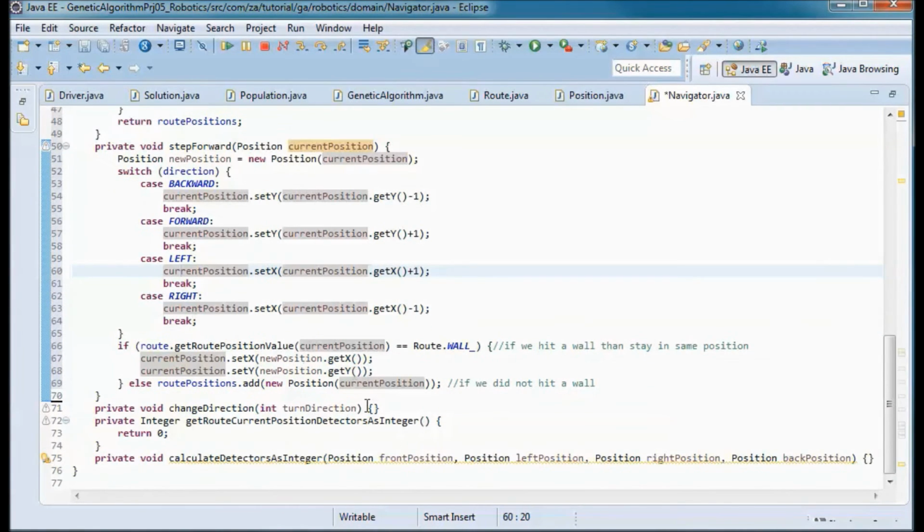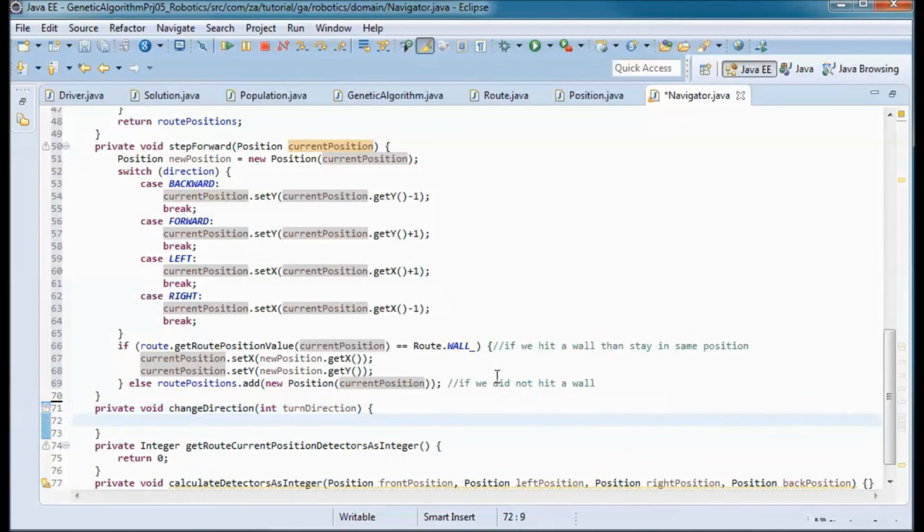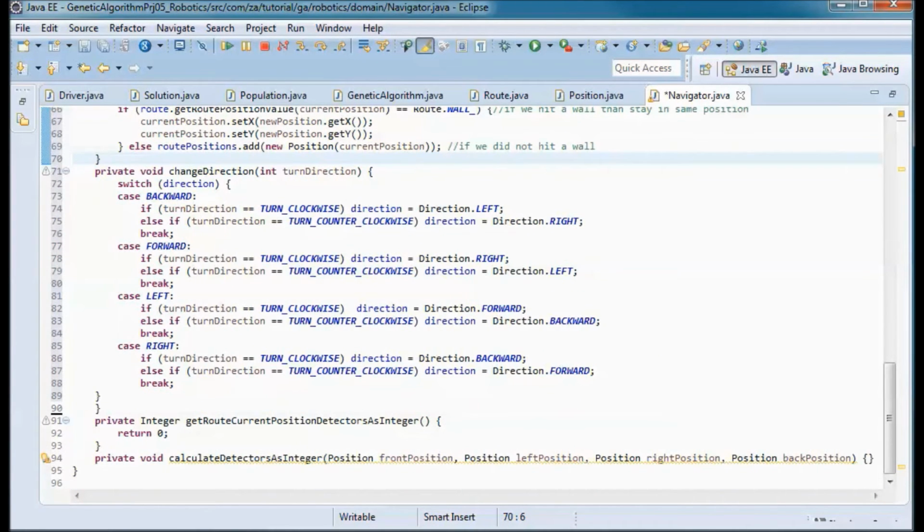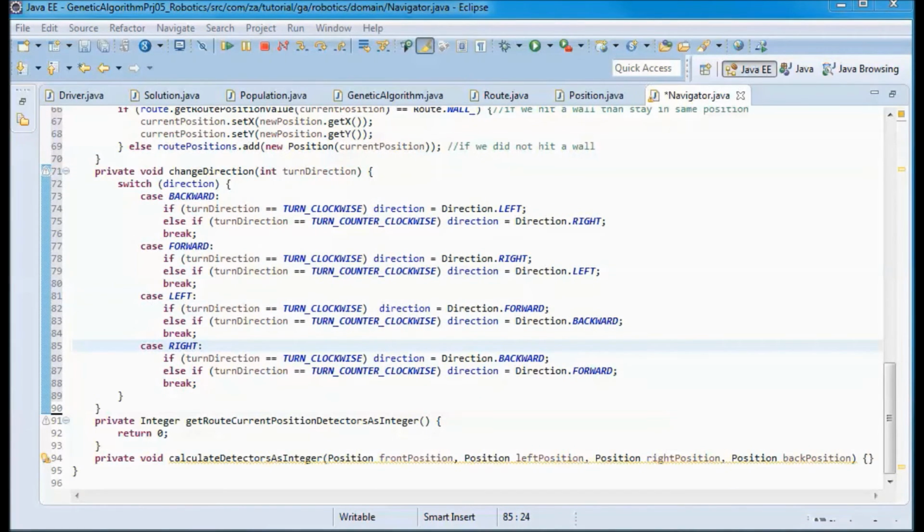Now in case we need to change direction, this is the code that would do that. So if the current direction is backward, and if the turn direction is turned clockwise, then the new direction will be direction dot left.